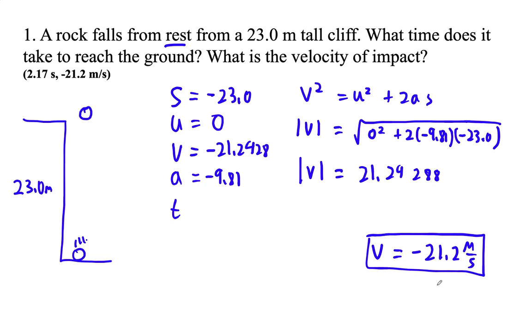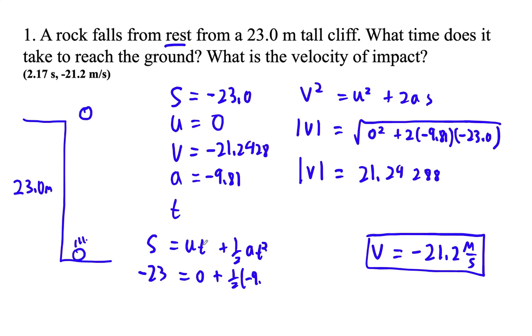Okay. Now, the next question is, what is the time that it takes to hit the ground? Actually, that was the first question. And I could use the velocity, but I think what I'll do is I'll use no v to do that. So that's s is ut plus 1/2 at squared, so negative 23 equals 0 plus 1/2 negative 9.81